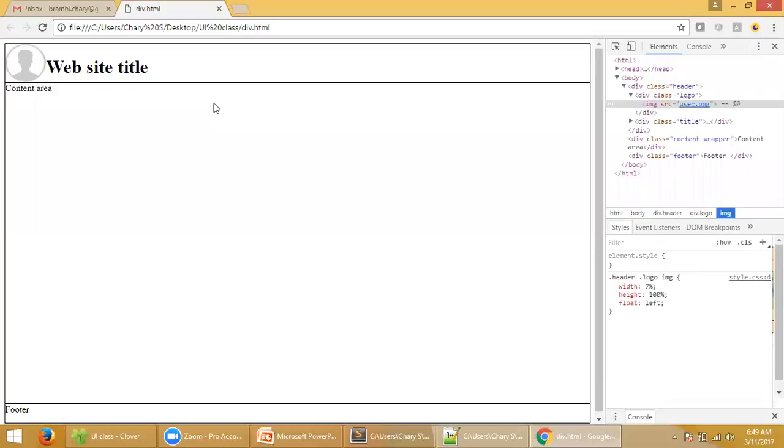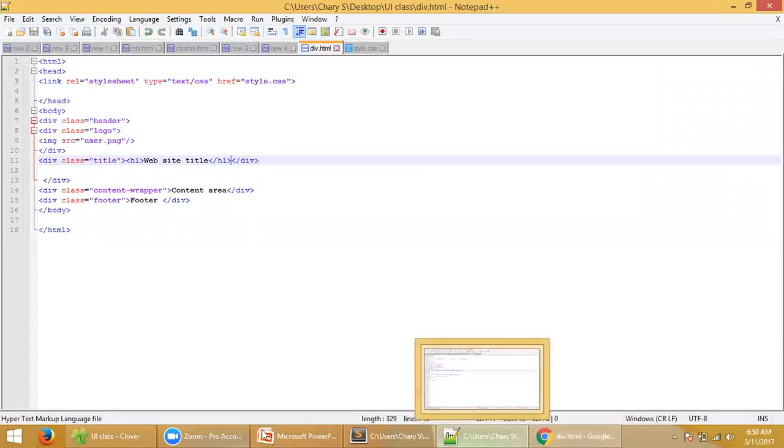Now here the image is touching all the borders, right? I want to fit inside that, means I need to give some space outside the image and this title. Okay, for that, here we have two cases. One is